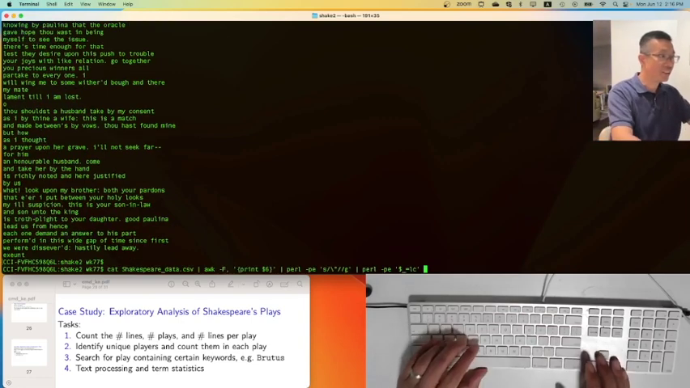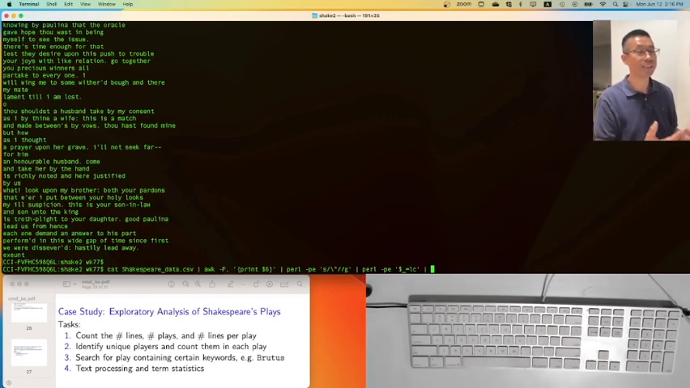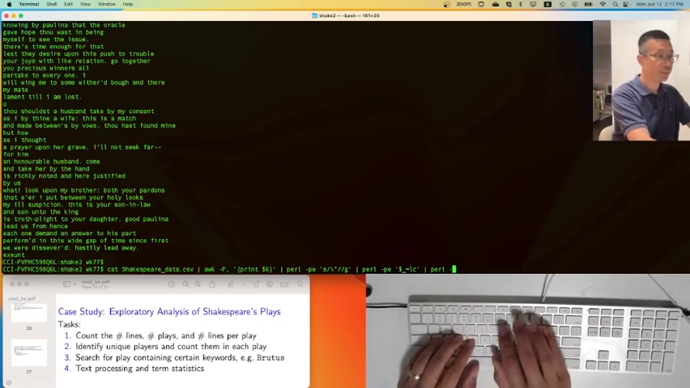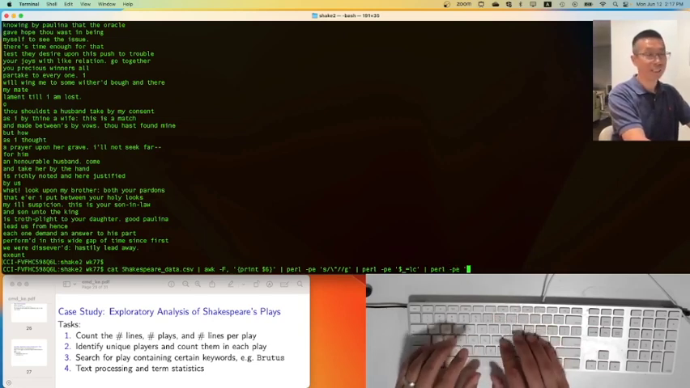Now we can start to do tokenization. How do we tokenize? We want to find the punctuation and then convert each punctuation, whether it's a space or comma or whatever, into a new line. That will basically put each word onto one line at a time. So let's do it, and I'm going to use perl -pe, and then what I'm going to do